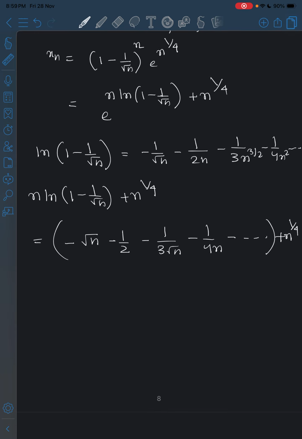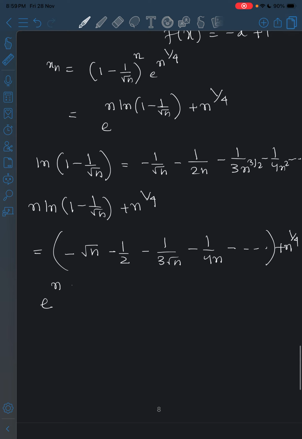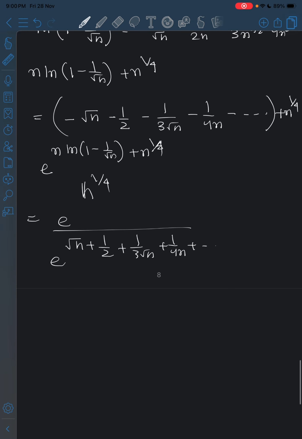Okay. So then this is e to the power n ln(1 minus 1 by root n) plus n to the power 1 by 4, which is same as e to the power n to the power 1 by 4 divided by e to the power root n plus half plus 1 by 3 root n plus 1 by 4n plus so on. Okay,